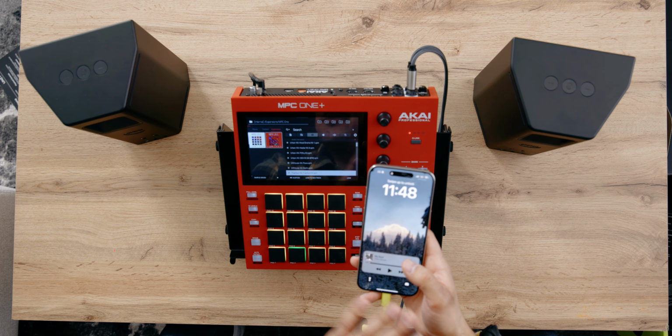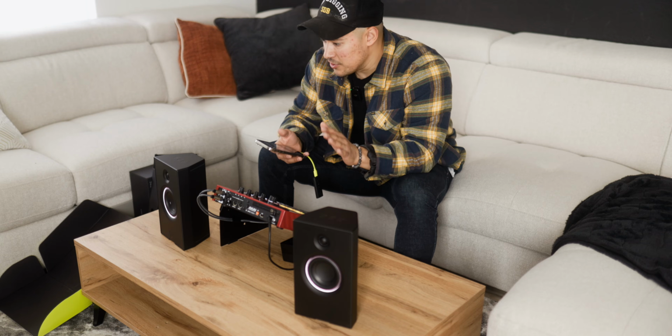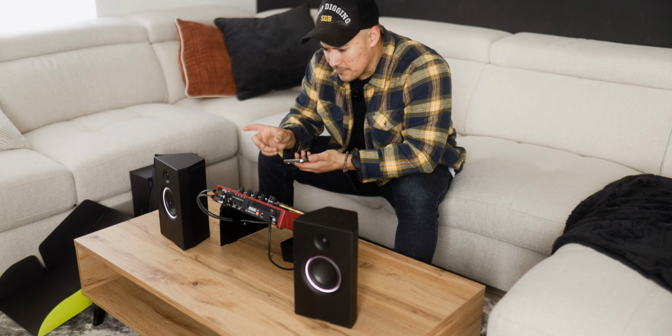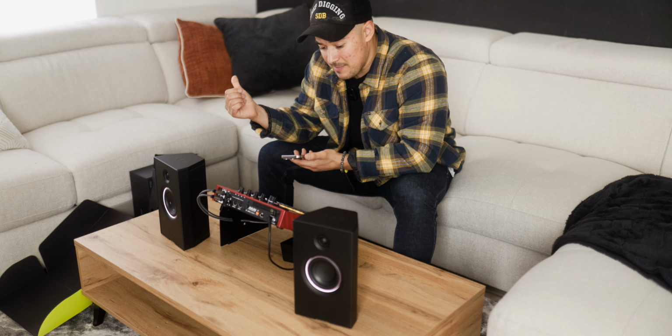Very simple. I didn't have to read no manual. Everything just turned on by me connecting this and turning on the speakers. Now, I got a little confused right now. I actually had to go back into the manual because